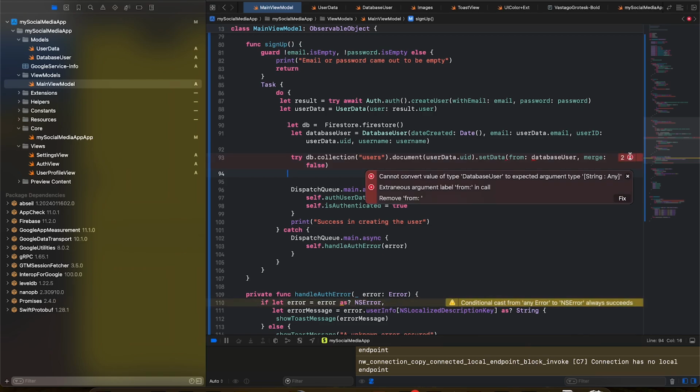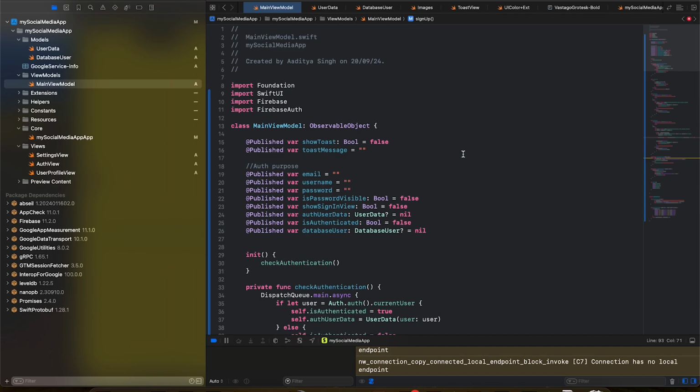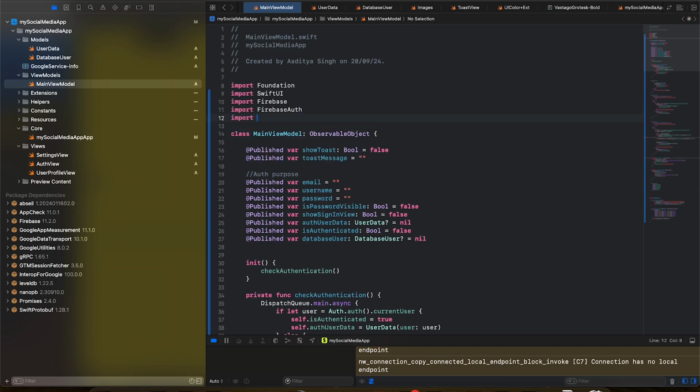and it gives us this error that cannot convert a value of type database user to argument type. Okay, this makes sense. It says try db.collection, we have users, then this document user data.id dot set data, and I think it is not referencing to a right function of ours from what I understand. So for that purpose we would actually need to import